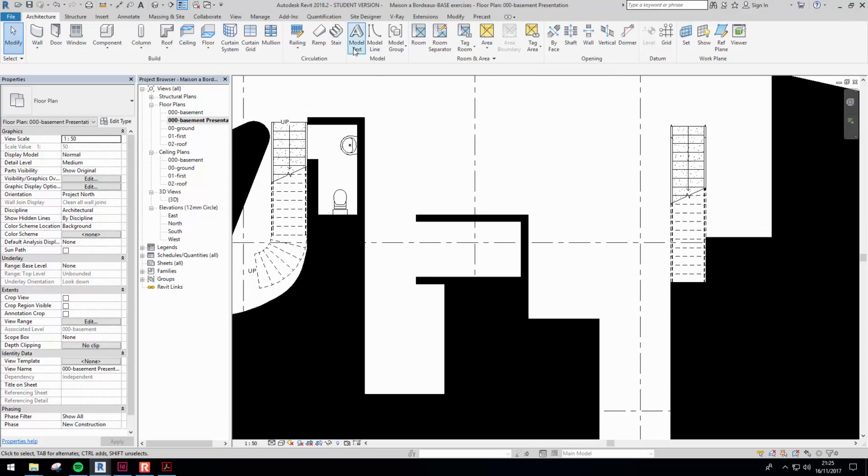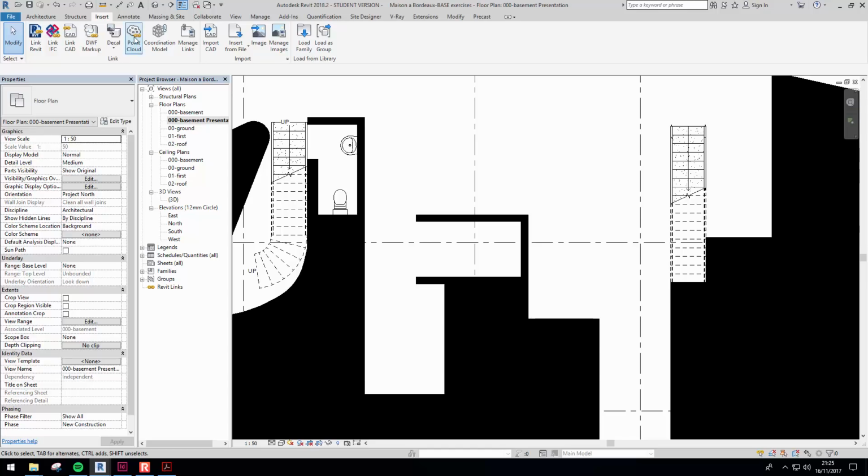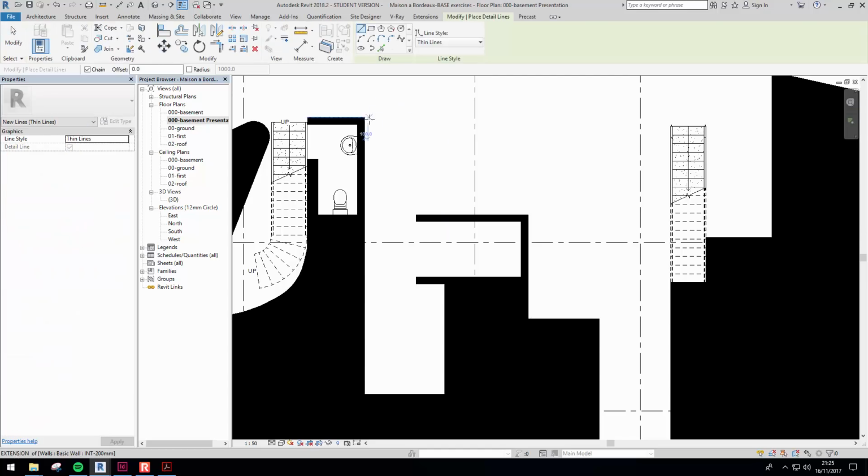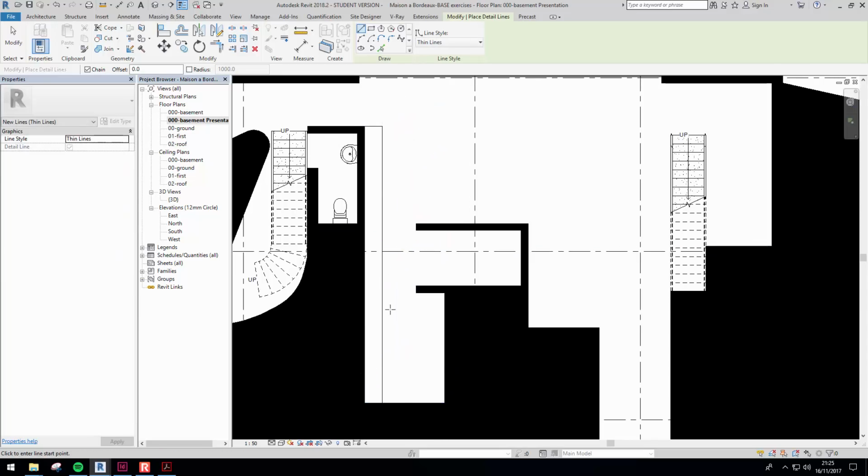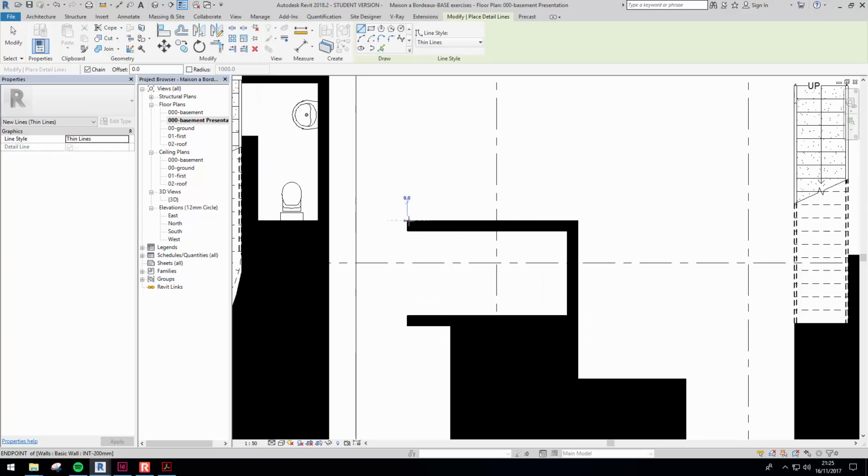You can add in just 2D lines for, I think there's shelving along there, so go to annotate. Now if I go 500, draw a line just to show that that's shelving. I think there is